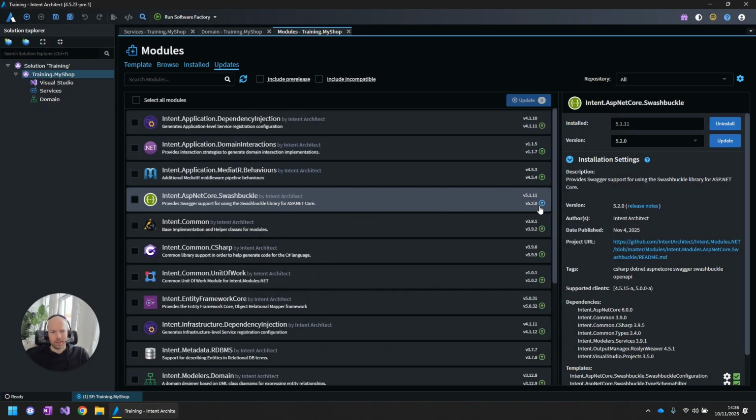Now, the one color that we're not seeing over here is the orange or yellow option. That is when there is a major release. And when there's a major release that's come in for a particular module, it means that there is some kind of a breaking change. And those you will definitely want to inspect in the release notes. The release notes will also document or point you to documentation on how you can make the migration if there are any migration changes